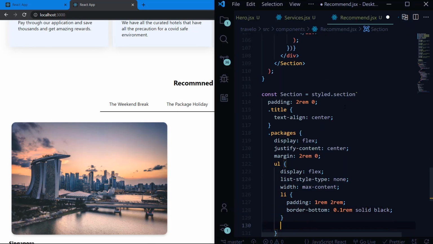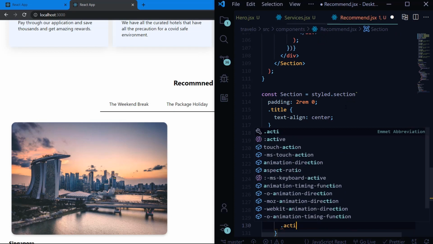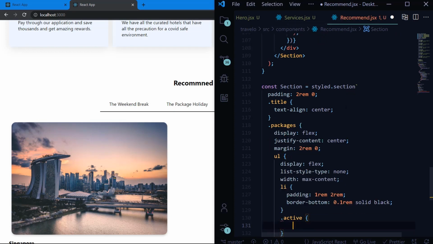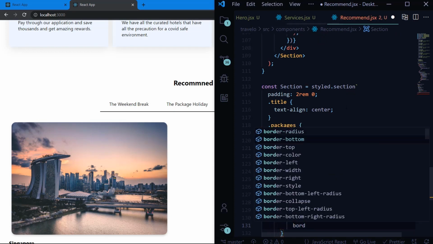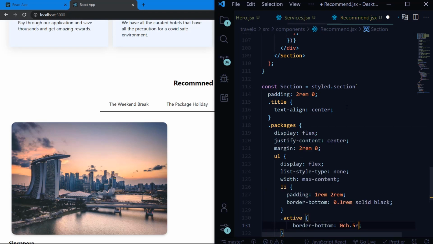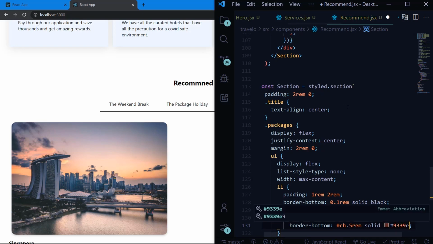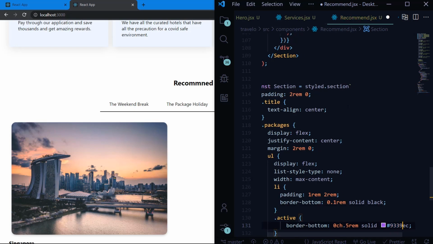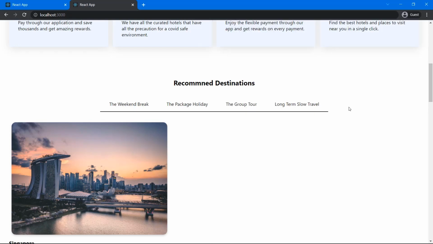Now we'll select the active class and give it a border bottom of 0.5 rem solid with a color of hexadecimal 8338EC. I'm sorry, it's 8. Save this. And now